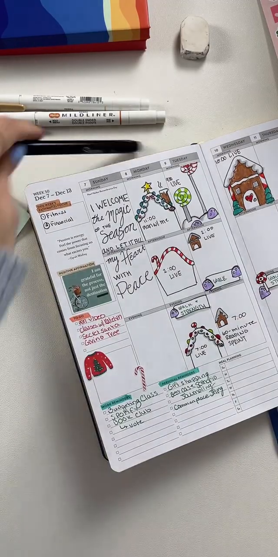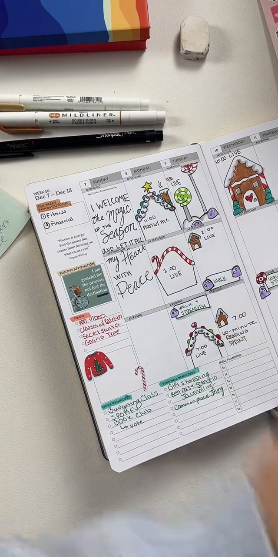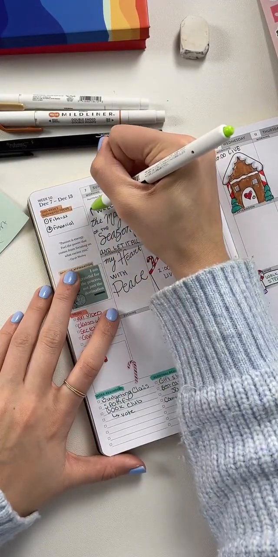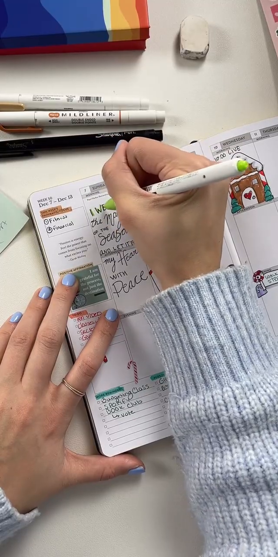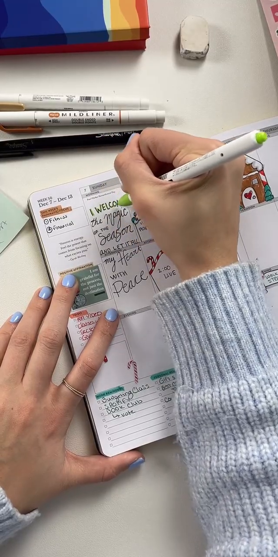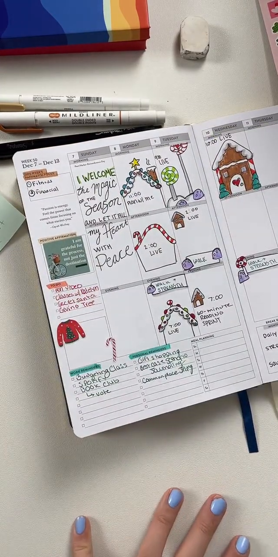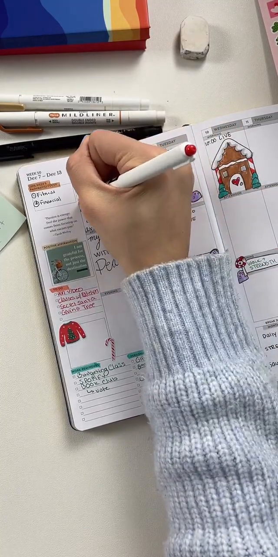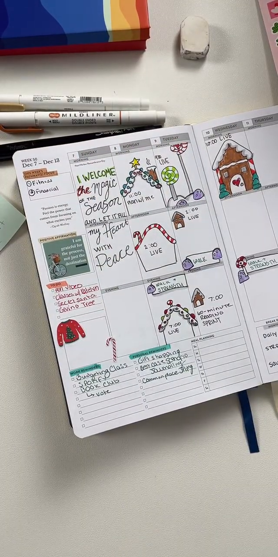I was like, where is this going to take us? I don't know, but we're going to find out, and that's how we did that. Then for this, what we're going to do is I welcome the magic. But I want magic to be yellow because it's going to look cute. Trust me on this one.